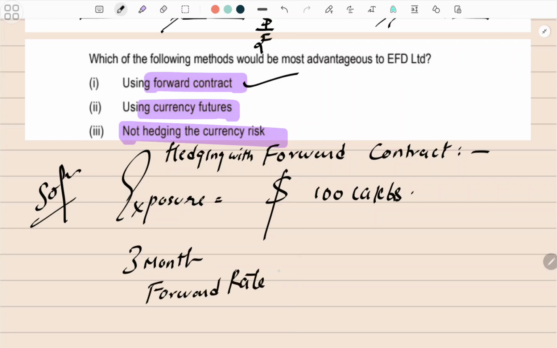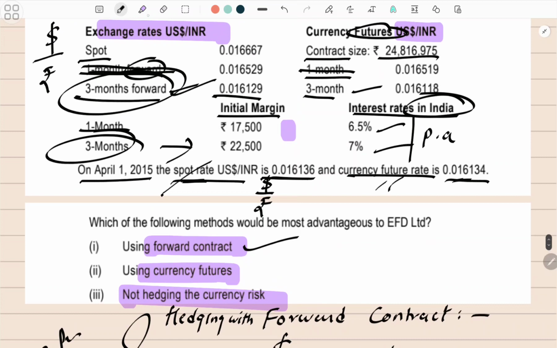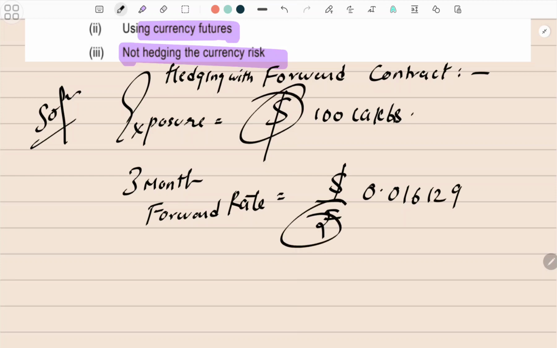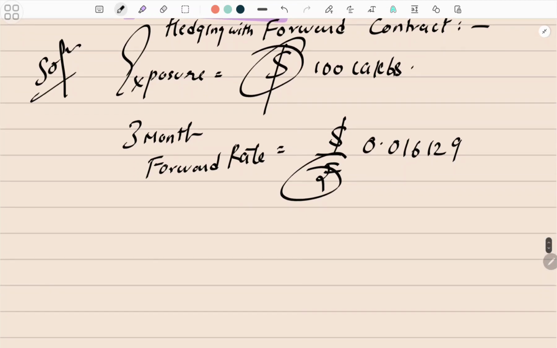what was the rate? It was dollar by rupee. Here, see this 3 month forward, 0.016129. Now a dollar exposure and a rupee quote, divide or multiply? Currencies are not matching, you have to divide in order for the common currency, that is dollar, to cancel out. So therefore this is equal to, can I say,